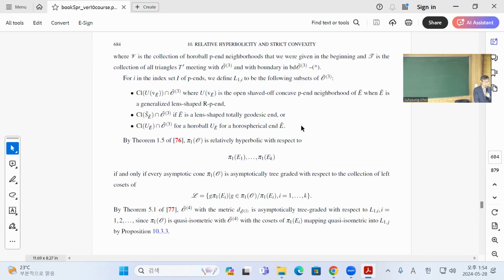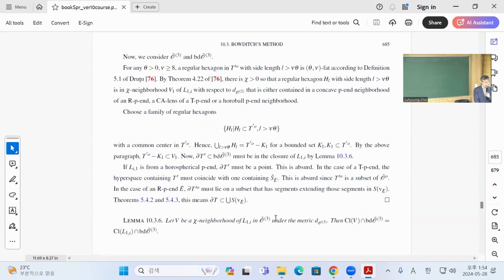And then the point next is that if it's relatively hyperbolic with respect to this, then the asymptotic cone of this is asymptotically tree-graded with respect to these kinds of cosets, and so the pi O will again be asymptotically tree-graded. So if you look at this regular hexagon in T0, then there's some number such that if it's bigger than this number, then it has to be in the neighborhood of these ends. Okay, and